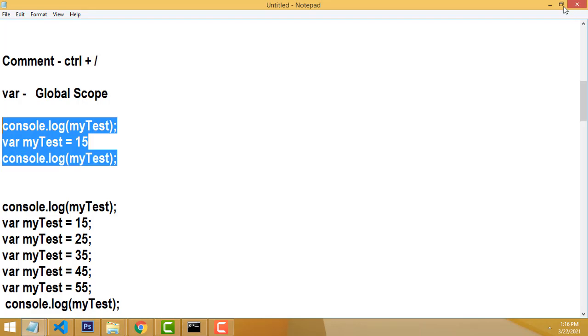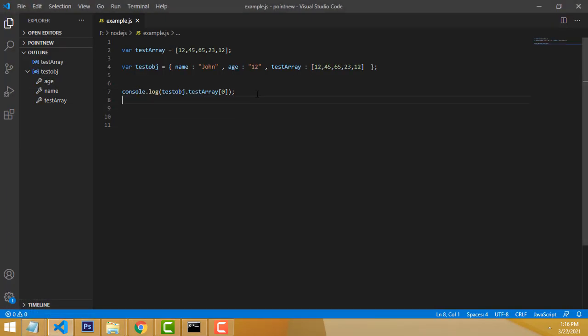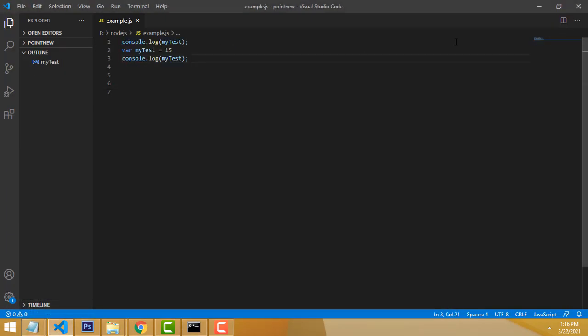Let's take a quick example. I just copy and paste it over here. Now let's comment this one. This is a single line comment, so we comment like this. Otherwise you can use Control /, and it will be commented, right? Now what is the value of var?